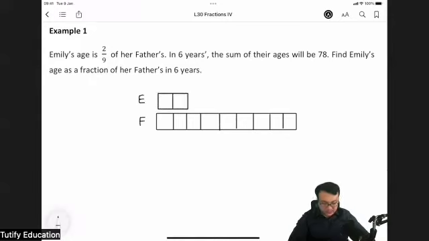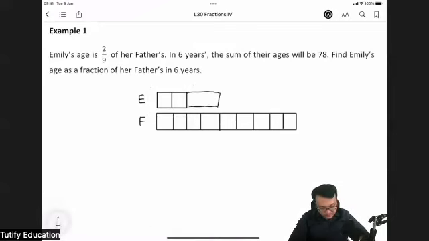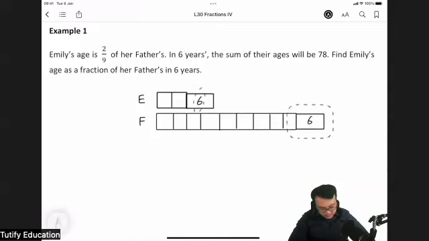Emily and her father. Now, next, what we're going to do is we're going to make sure that it is 6 years later. So 6 years later, we have to add 6 years. Okay, let's add 6 years to Emily. And we add 6 years to her father. Okay, so once we do that,